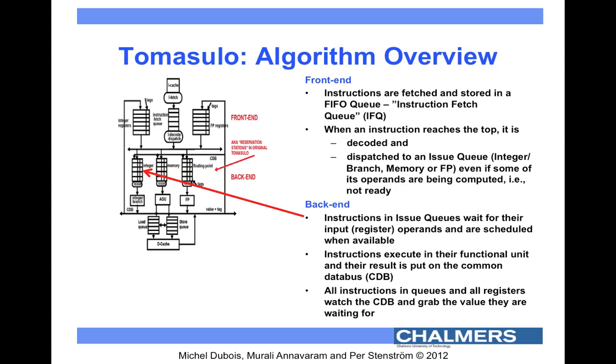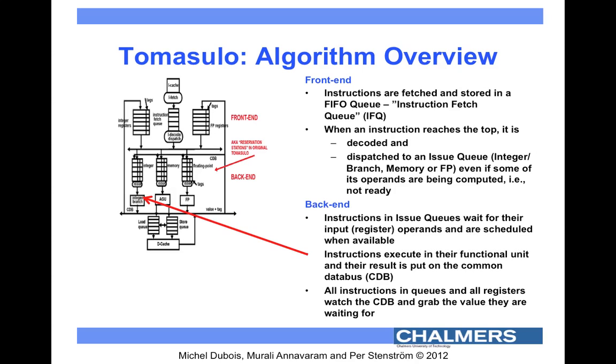But you can only read from the registers if that operand is not under execution, is not being produced. If there is a read after write dependency, then it will actually sit and wait until the result is available. And when that is available, it will be dispatched for execution, and when the result is ready, it will be put on the common data bus,